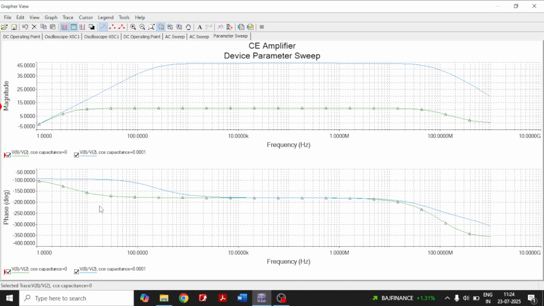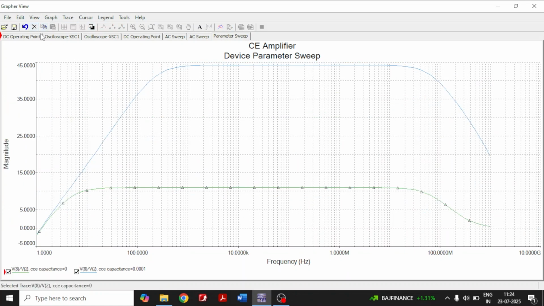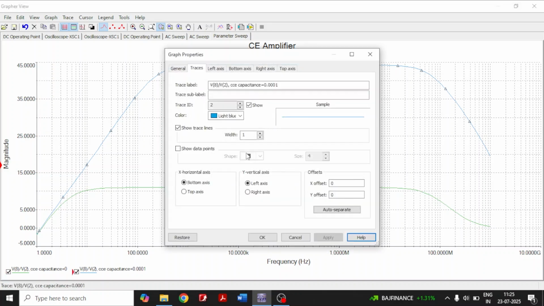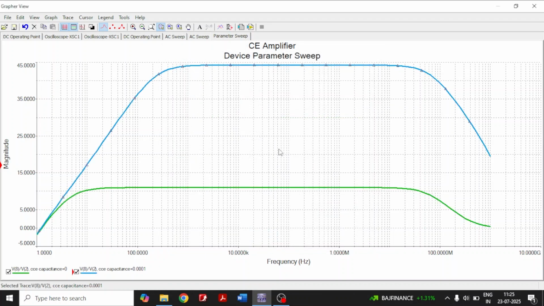Change the background to white. Select the phase plot and delete it. Now I am having a magnitude plot only. Double click on each, increase the width so that you can see the graphs clearly. Okay. If you see the legend of it,